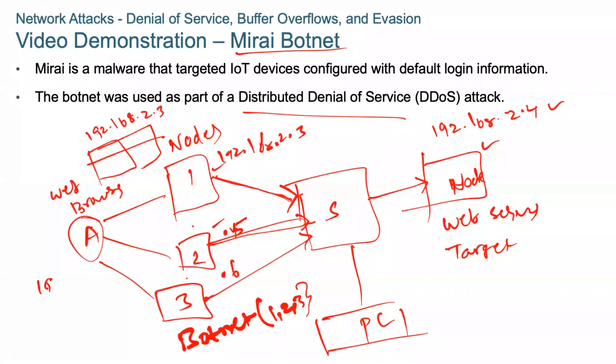Now, the web server's web page looks like this. So the target web server has this web page with a graphic here about the Internet of Things. And in Firefox, I'm going to open up a fresh window, delete this, and what I'll do is I'll clean out my cache, and we'll see how long it takes for, once the attack is started, for the server to respond. So here we go, got a fresh